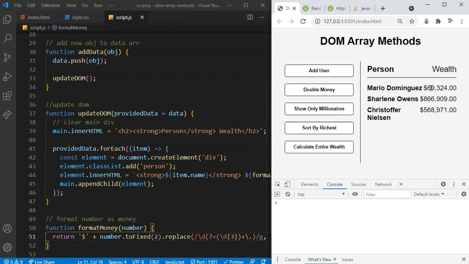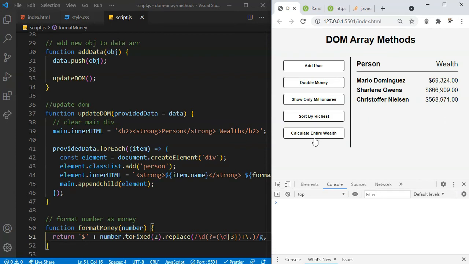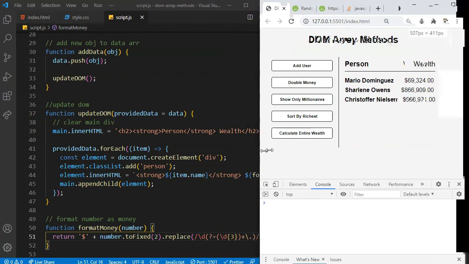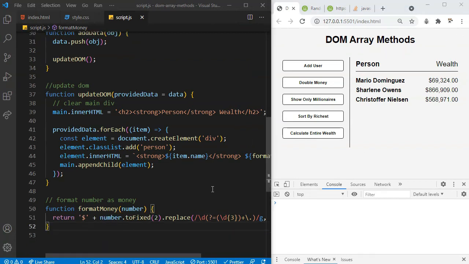The reason why this is not living in space here is that the browser is too short for the size, so here I'm just gonna reduce the size. Okay, that looks great. Now let's work on adding the functionality so that whenever we click on this button,